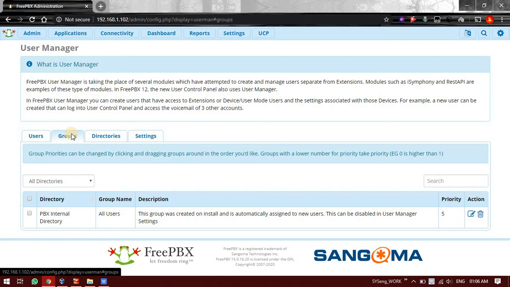In a live example, you can think that you can create two groups, administrator and agent. Administrator will have complete access, and agent will have specific roles, or agent will only have access to read his voicemail, just as an example, or he will only be able to set inactive or active. So we can set those rules accordingly. Let's do a practical thing here and see how to do it.